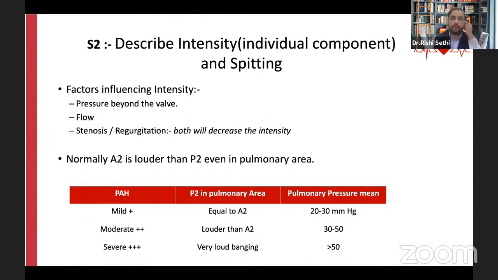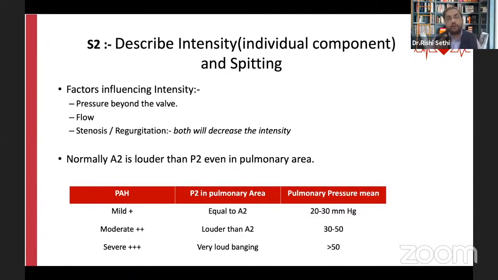That's the most common cause of loud P2. The other way of describing a loud P2 is if you can hear P2 away from the pulmonary area. Generally, P2 is localized to the pulmonary area. If you start to hear a splitting sound towards the apical area, anywhere going down, if you can hear a splitting at the apex, splitting of the S2 at the apex, then of course it is a loud P2, because